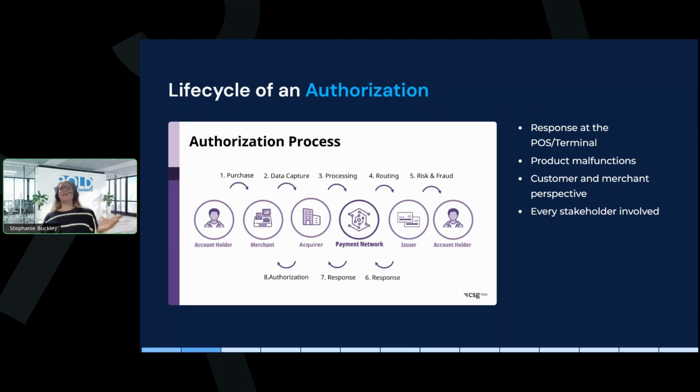Then, once it gets through and starts communicating with the cardholder's bank, that's where you can see the response codes. That's usually where the decline is really going to be coming from, whether or not they have a security feature that requires them to approve the transaction, whether or not their card has already been reported as lost or stolen. That could cause the decline, or even if they just don't have enough funds in their account in order to actually be able to let the transaction go through. So there are several points within that initial system that can lead to the authorization itself not going through. But let's say it does.